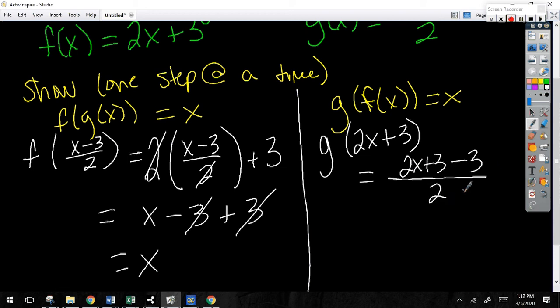What cancels first? Ooh. Order of operations, the 3's are going to cancel first because fractions group things together, top and bottom, so you need to try to simplify anything in the top first and then anything in the bottom separately. So the 3's are going to go first. That leaves me with 2x over 2, which clearly then reduces to